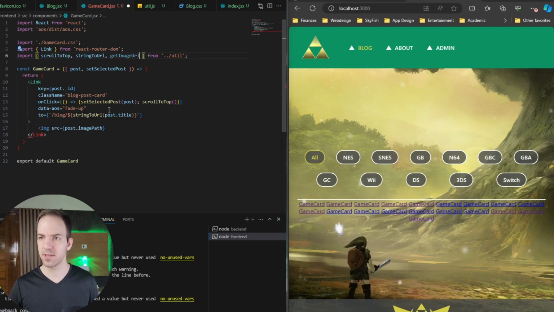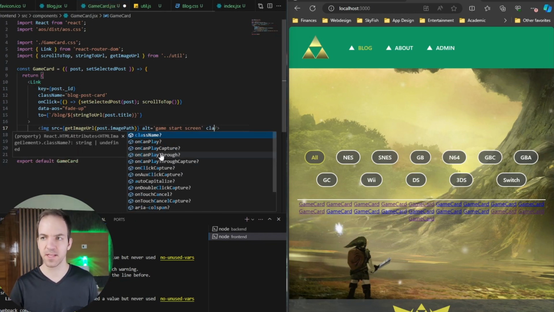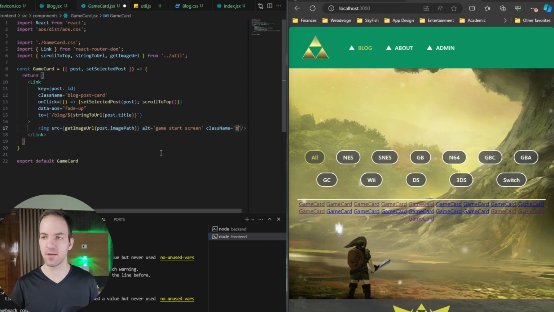Let's go ahead and import that as well. And now down here, if I say getImageURL post.imagePath, now that is going to give us what we actually need for this post here. And then after that, let's go ahead and give that an alt and a class name as well. So alt is going to be equal to game start screens, which is what all of those pictures are. And then my class name is going to be equal to blog